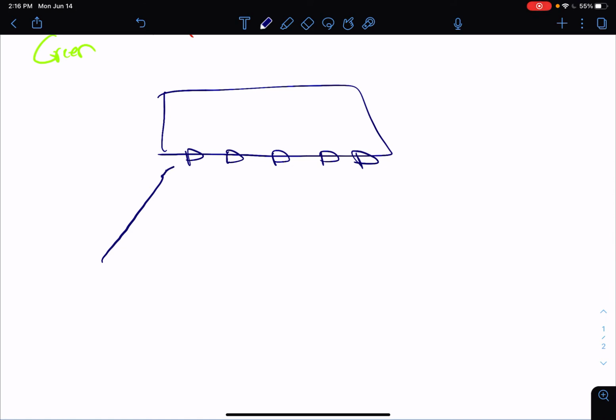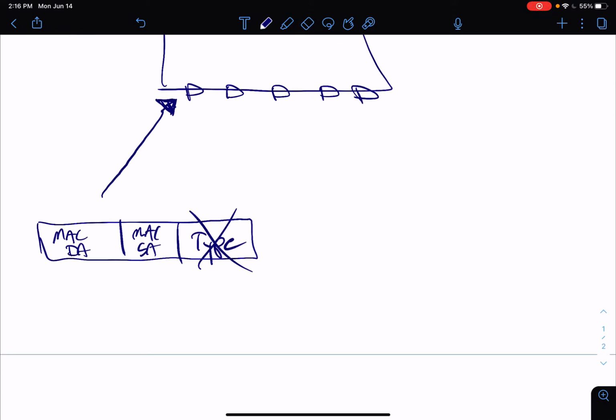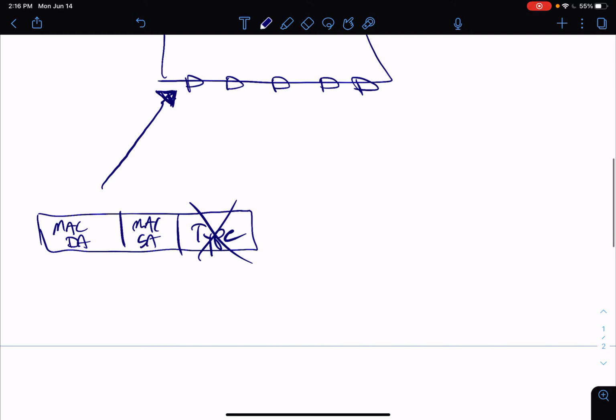So when a packet comes in, let's say it's coming in port 1 over here. Remember, in a past video, I had a drawing of an Ethernet header. Well, for the most part, you can kind of ignore this with these very simple, unmanaged $20 layer 2 switches, and really focus on the 2 Ethernet addresses, or MAC addresses, MAC, media access control,